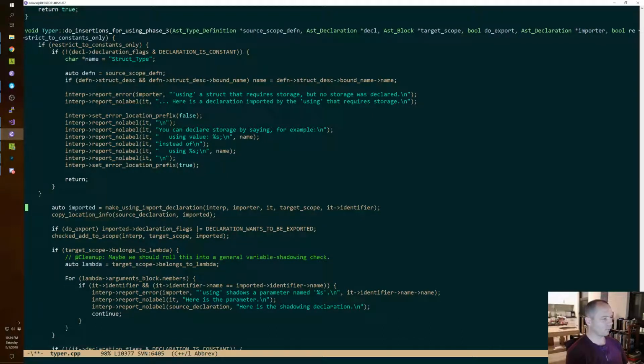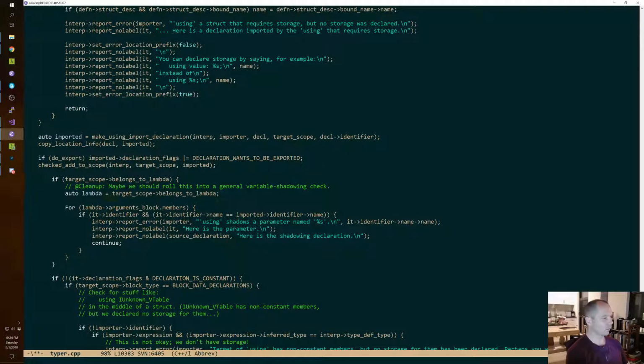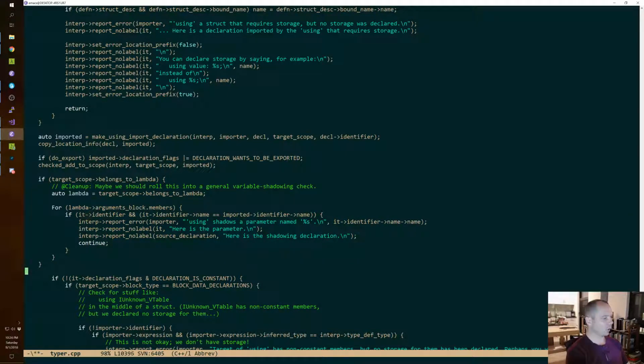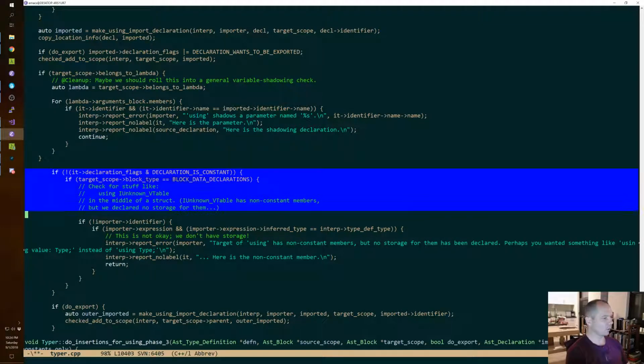We said source declaration, but then we just said it here. Do export. If it belongs to a lambda, we check for parameter shadowing.